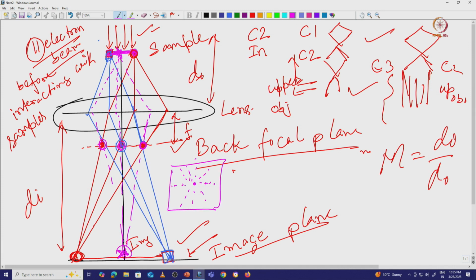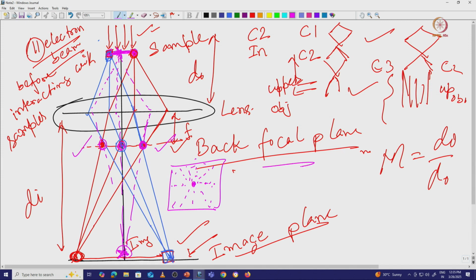Most of the time biological samples are amorphous, and that is the reason their scattering is very poor, and you will not get a very strong diffraction pattern. But whatever we are going to record here, we are going to record the diffraction pattern, which is basically information from multiple points. All this information is coming together and merging in one particular point. So, sometimes you will get a very bright spot, sometimes a very light spot at different positions.